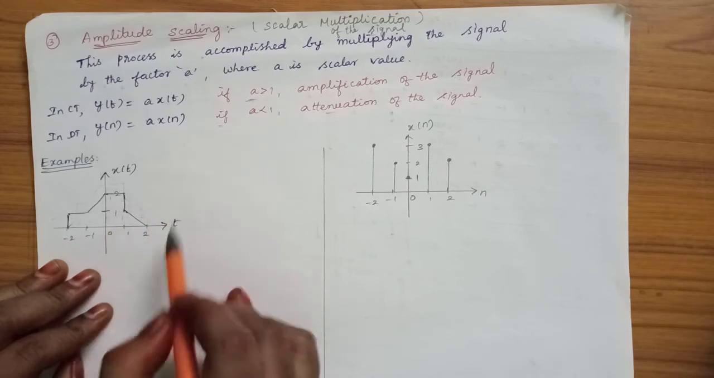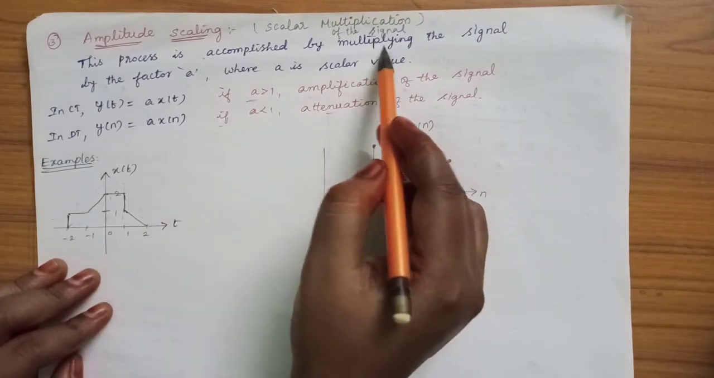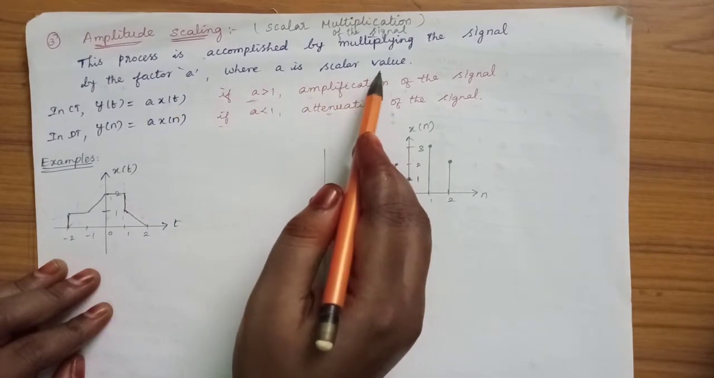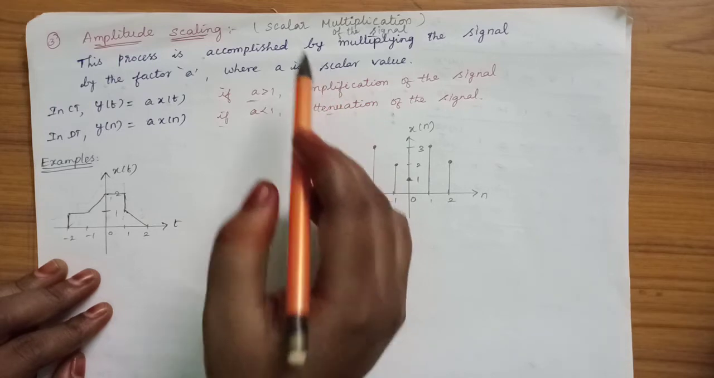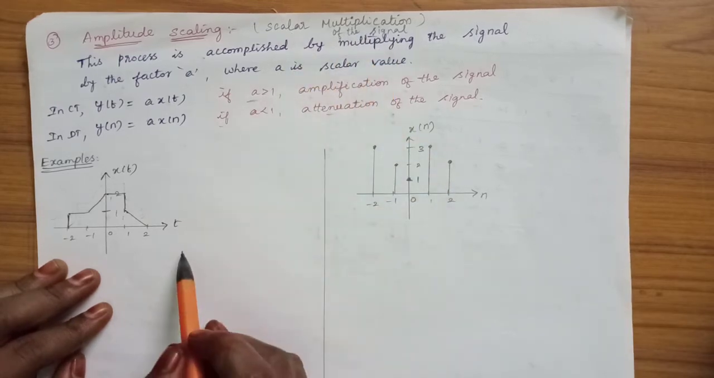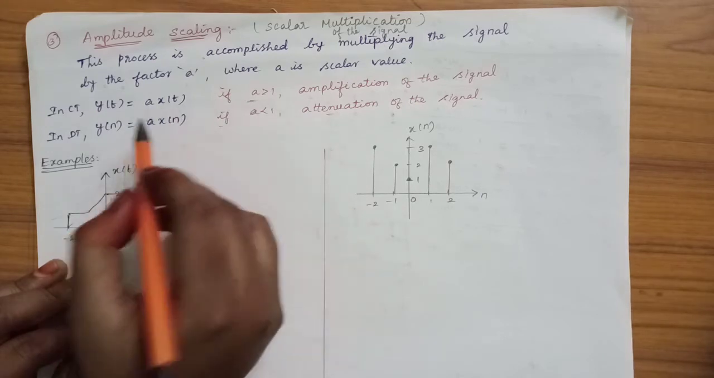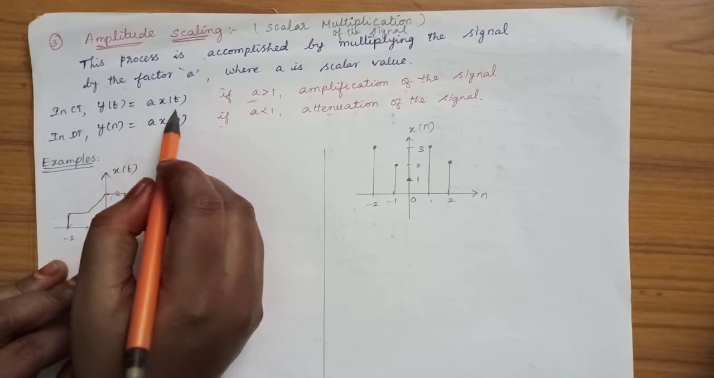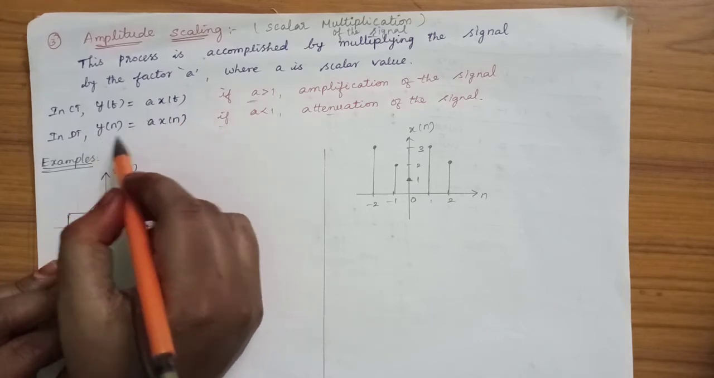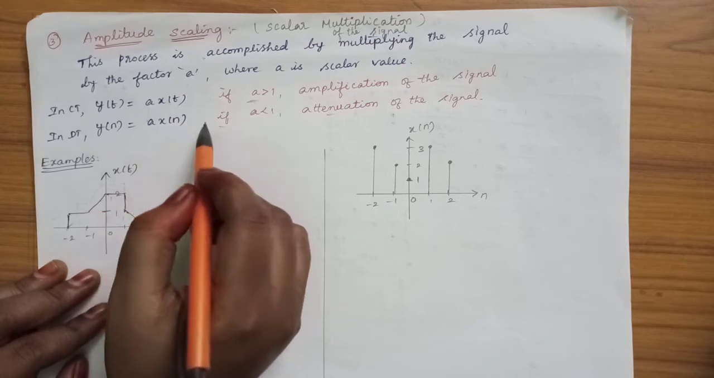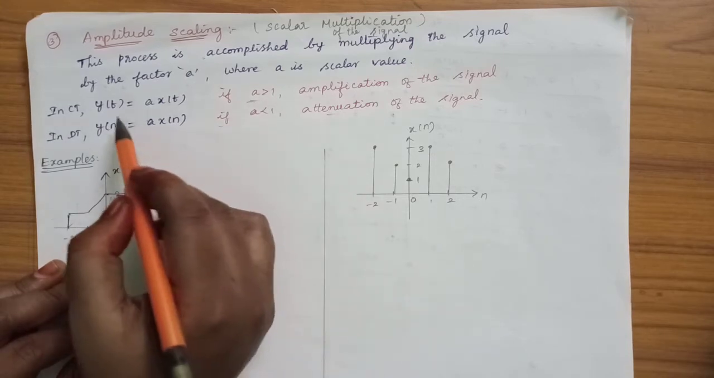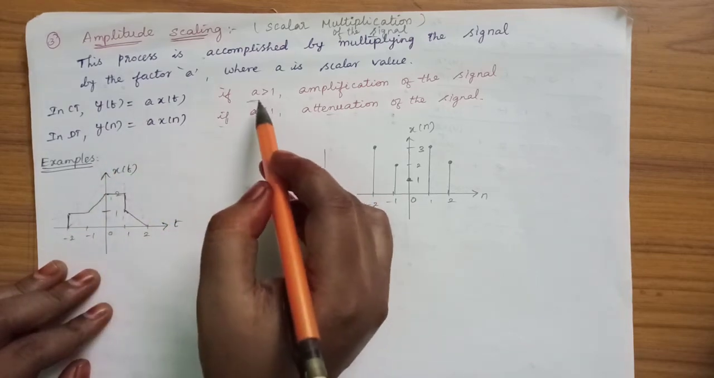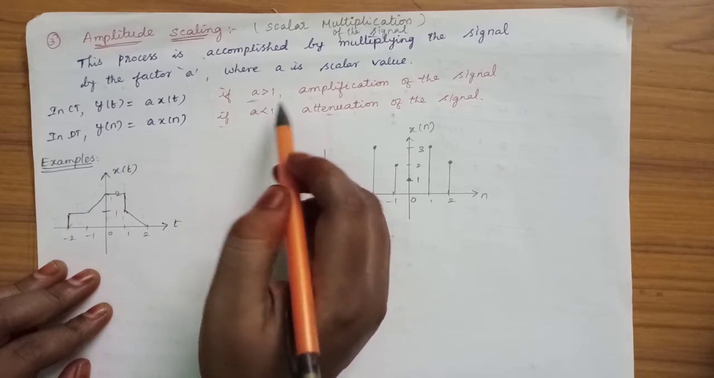So this process is accomplished by multiplying the signal by a factor of a, where a is a scalar value. So this process can also be called scalar multiplication of the signal. It is denoted as y of t equal to a into x of t in the continuous domain, and y of n equal to a into x of n in the discrete domain, where y of t and y of n are the resultant signals. If a is greater than 1, that is 2, 3, etc., means